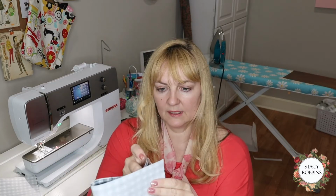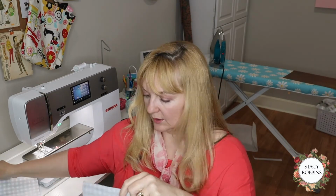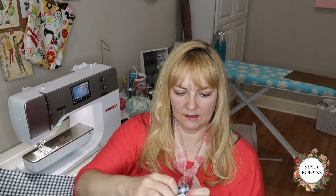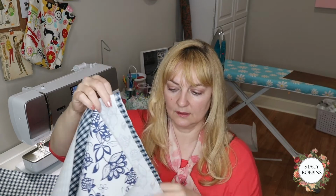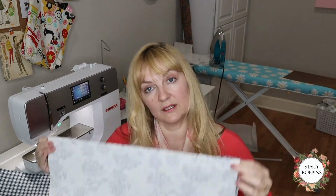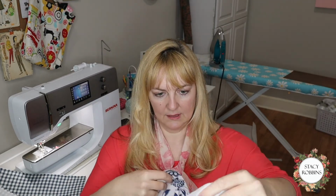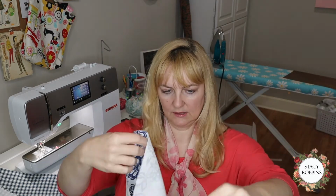So here's my tops, and we're going to just sew the two tops. There's two ways we could do this actually. Because I'm doing this in two pieces, I could sew these together like this first, if I wanted to make a square, and then just sew it together sort of like I did the other bag, but not line it. But what I'm going to do is, because I'm folding this in half, I'm actually going to treat these as two different pieces. So I'm going to take my bottom here, right sides together,